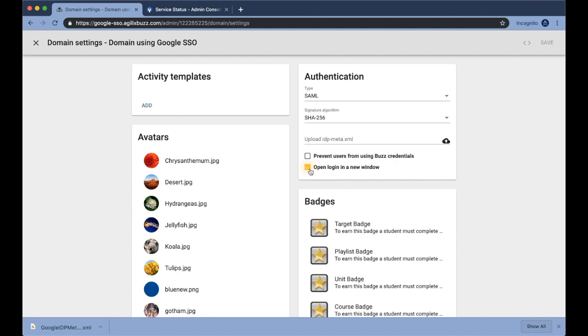I am going to select this, and the reason why I'm selecting this is because Google does not allow you to load their authentication thing within your own windows. And so I need to have it open up in a new window so that people can authenticate with Google and then get redirected back into Buzz. Now I need to upload an